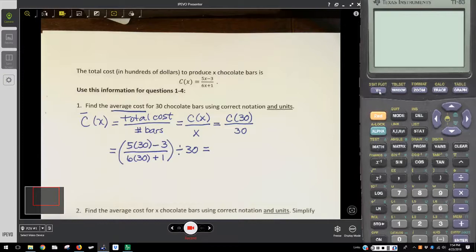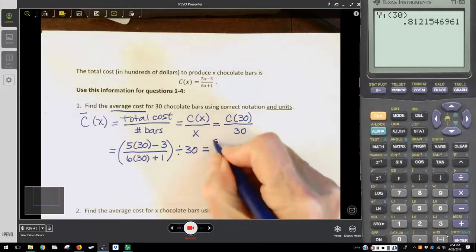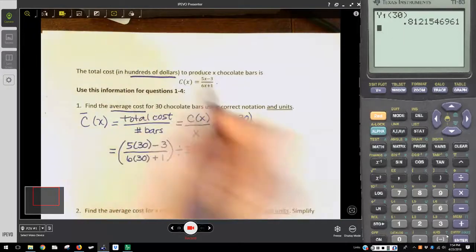And to facilitate the calculations, I have entered here into the calculator in y1 the function 5x minus 3 divided by 6x plus 1. So from the home screen, I can simply hit the vars key, go to yvars, choose function, and y1, and in parentheses, enter the value 30 to find the cost of 30 bars. And that total cost for 30 bars, and remember this is in hundreds of dollars,